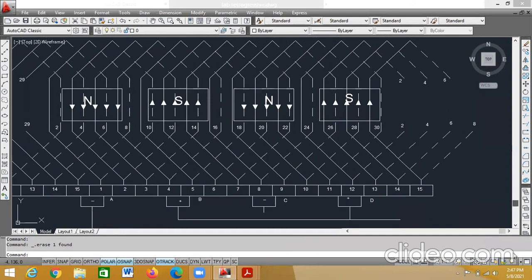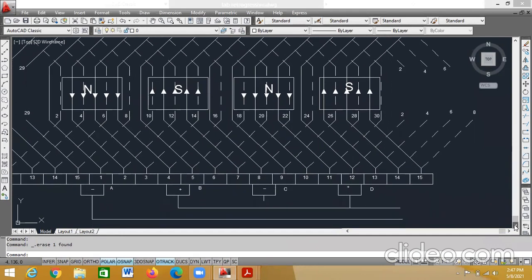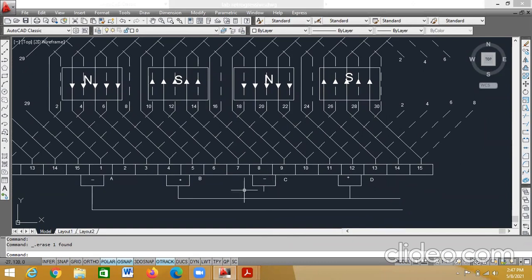And from here to here, I have to draw one line. It is showing only the midpoint. So I want it from here to here. Okay, I'll leave it as it is. So now I have to connect A. All of this is done using polar. If it is ortho, it will not come properly. So keep it in polar and do.